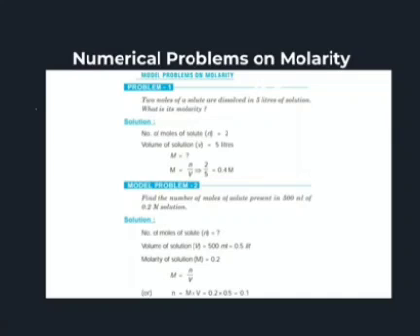Now we have to find out small n. For that, we have to use this equation, that is molarity, capital M, equal to number of moles of solute, small n, by volume of the solution, capital V, that is M equal to n by V. Now n equal to M into V. Substitute the values: 0.2 into 0.5, that is equal to 0.1 moles. Here 500 ml of 0.2 molar solution is prepared by dissolving 0.1 moles of solute.